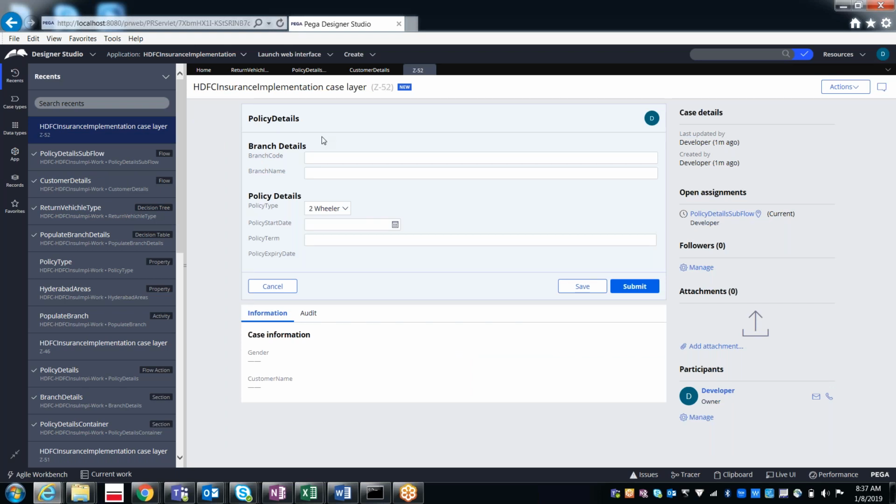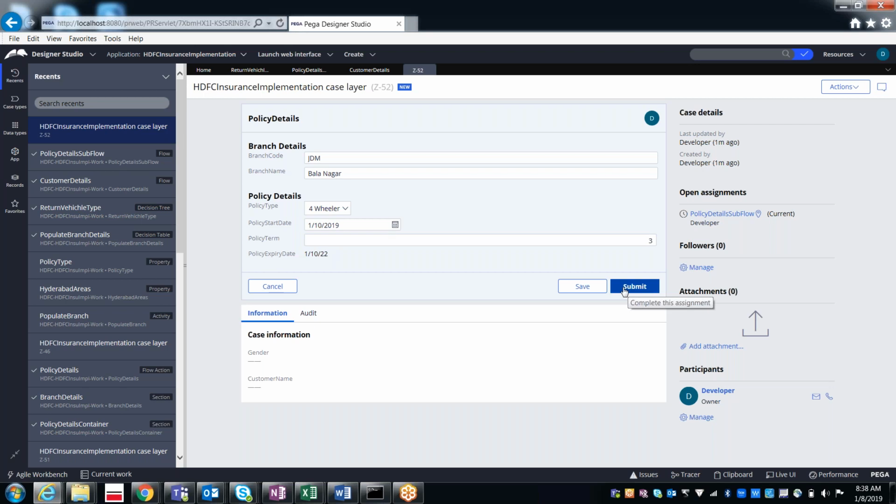So after completing the policy details flow action, that means after entering the value, so when I select the submit button, where does it go?